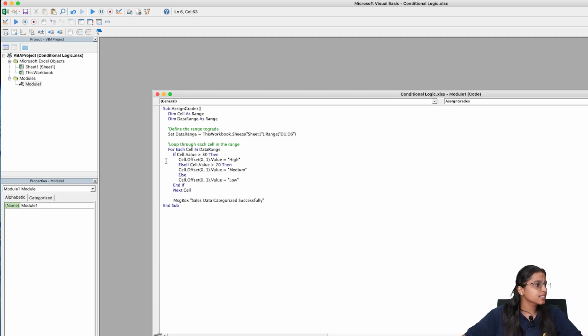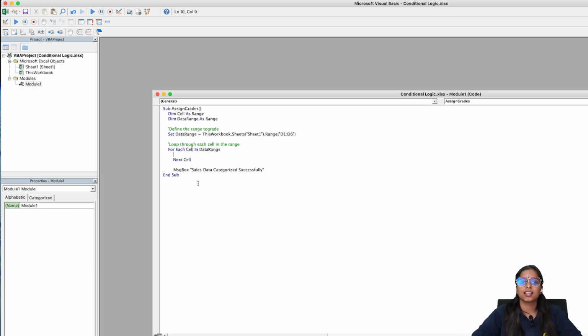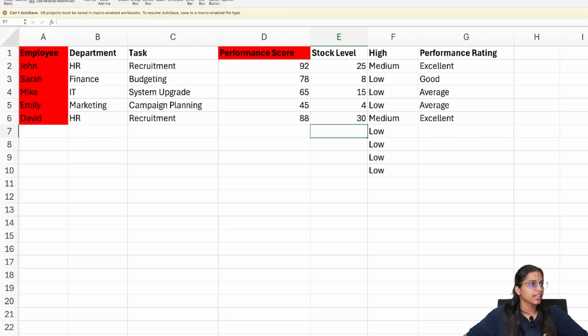Now in this case, we'll not use an if condition but we'll use Select Case. We'll write Select Case cell.Value, then Case Is. We'll pass our case. We'll look into our data and then set our scores.